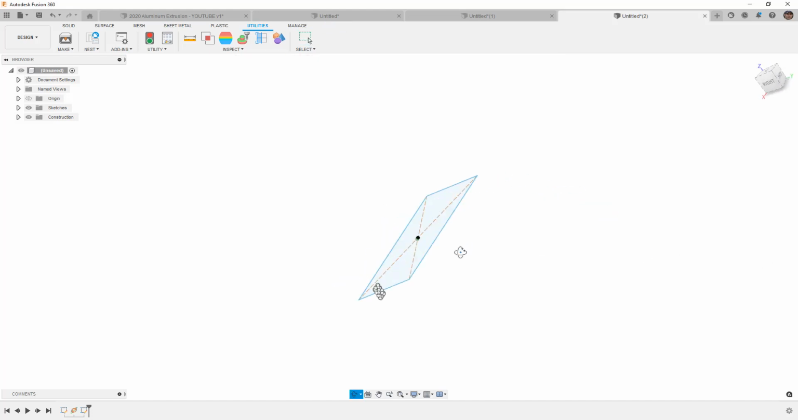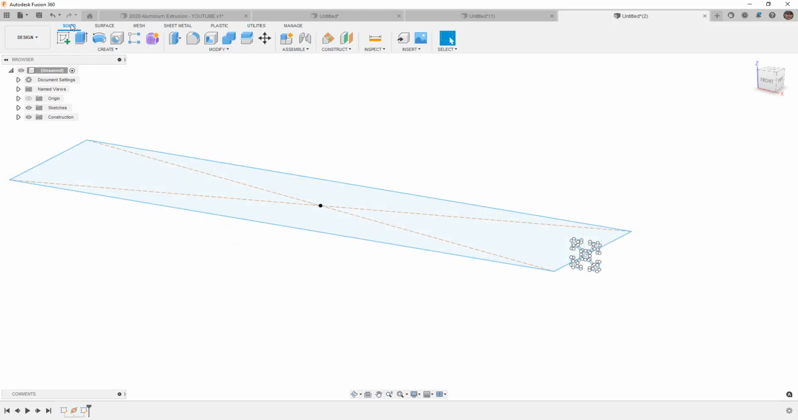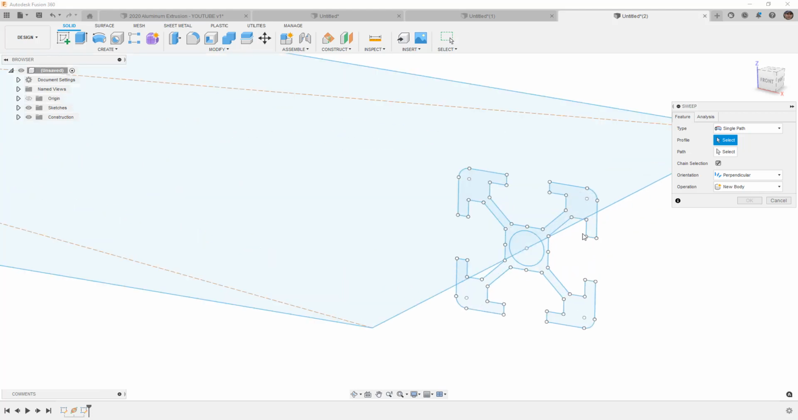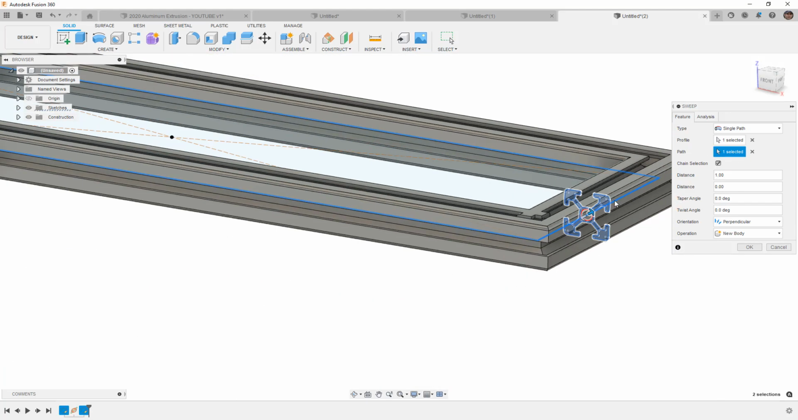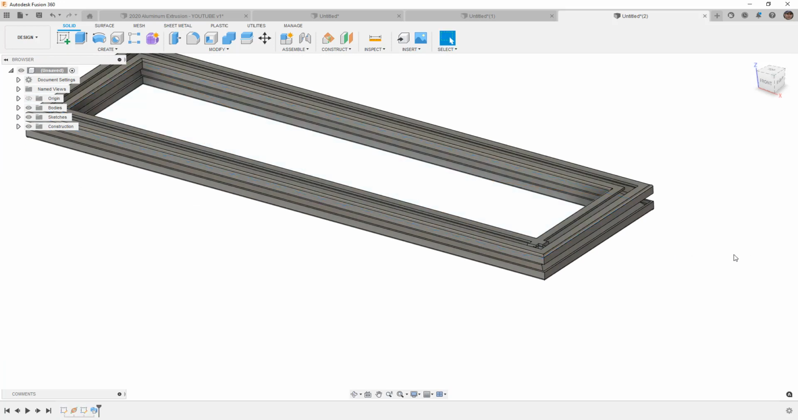Finish my sketch. And now I'm going to sweep this around the entire rectangle. And here is where this process falls apart a little bit. So if we select sweep, select that as our profile, and this is our path, it will go around the entire thing for you. The problem with this method for this extrusion is that's not how this part is built